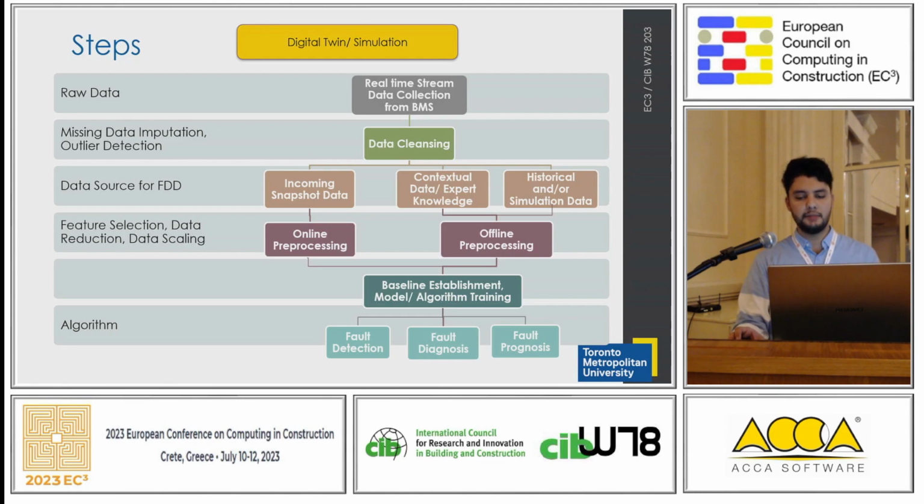For real-time implementation of an FDD method, we need to compare incoming data or snapshot data with a baseline. And the baseline represents normal operation of the system or ideal operation of the system. And this baseline can be generated by simulation or created from historical data. And of course, the situation of the baseline should be similar to the real asset to make sure that they are in a similar operation mode, like outdoor weather conditions and internal load profile.